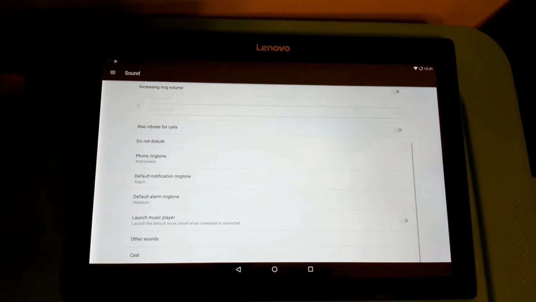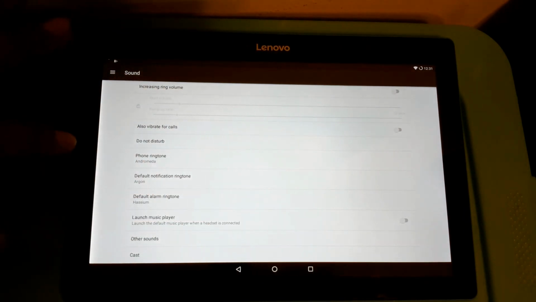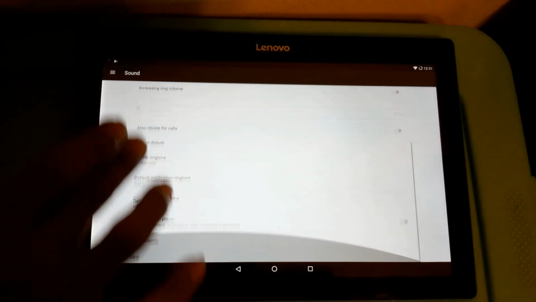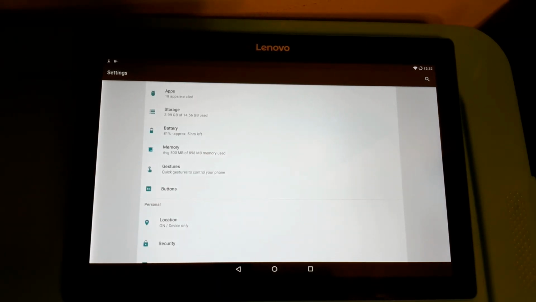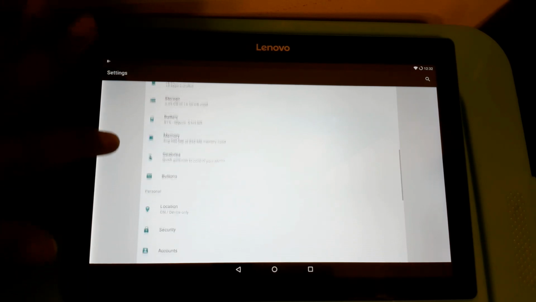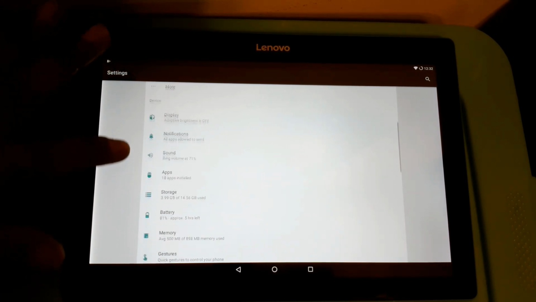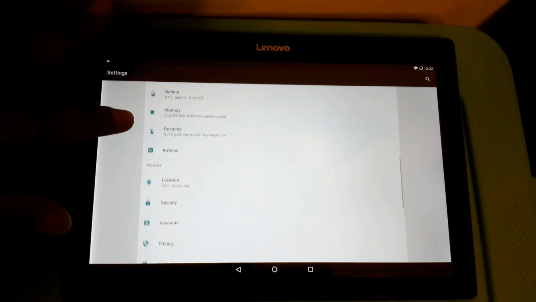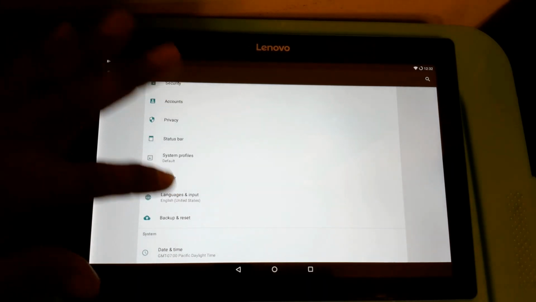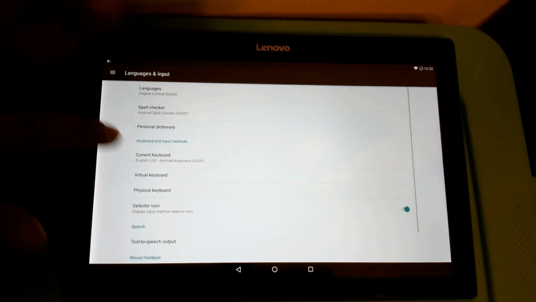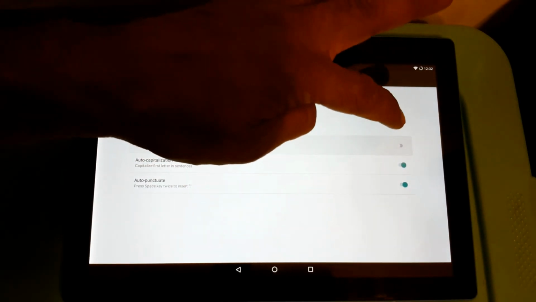Go back and go to language and input, right here, go to keyboard and untick this, okay,